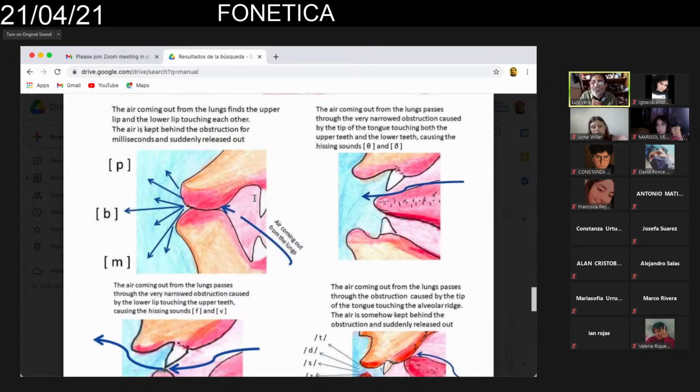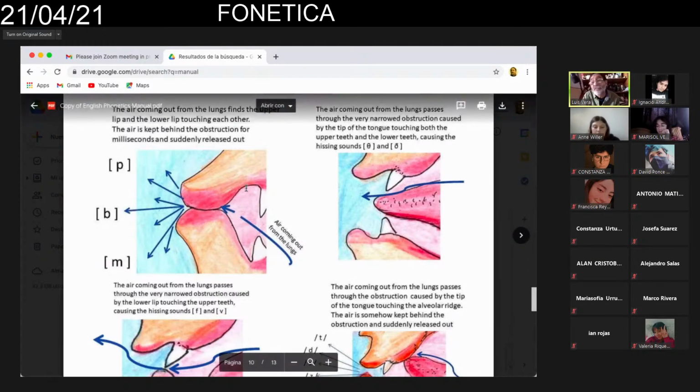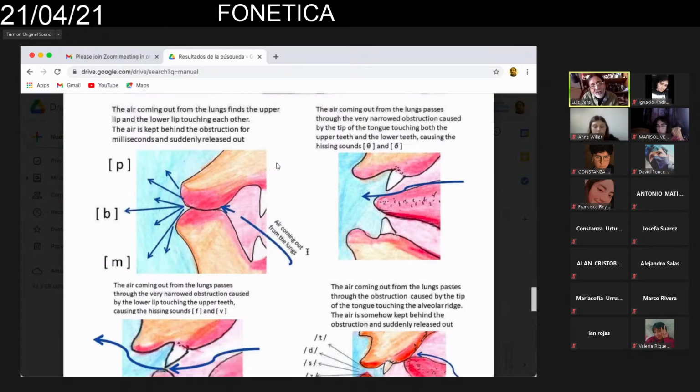¿Reventé un globo aquí o no? Yes. Thank you. Yes. So we did it. You understand that it's a plosive or a stop. Here you have this represents the air coming out from the lungs, and suddenly, you release the b or